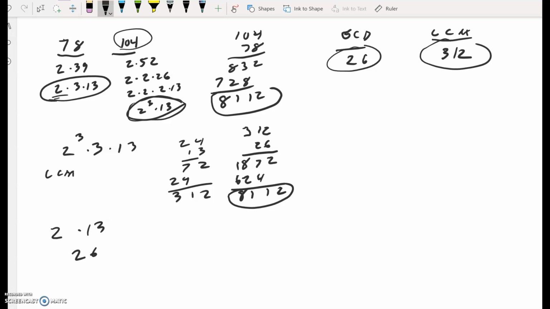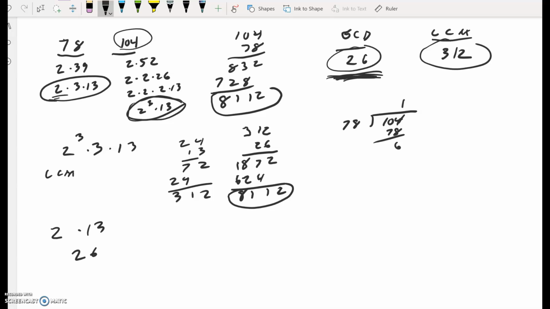However, in problems 73 through 78 in section 5.1, they show you another way to find the greatest common divisor, the greatest common factor. And it's kind of an interesting thing. Euclid is the first one to be recognized for doing this. But if you want to find the greatest common divisor of 78 and 104, you can create a series of divisions. You divide the smaller into the bigger,